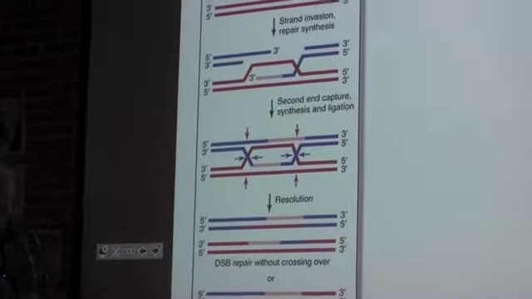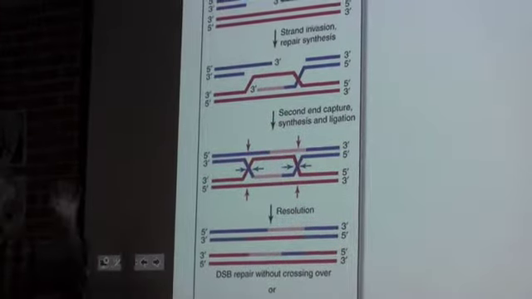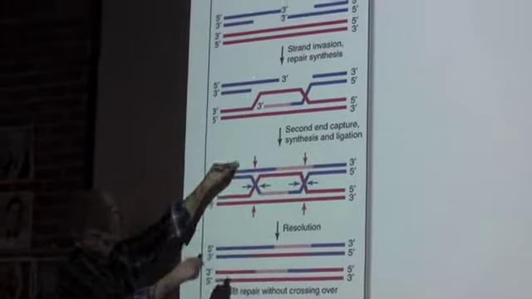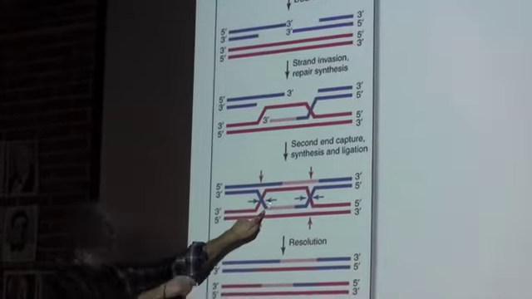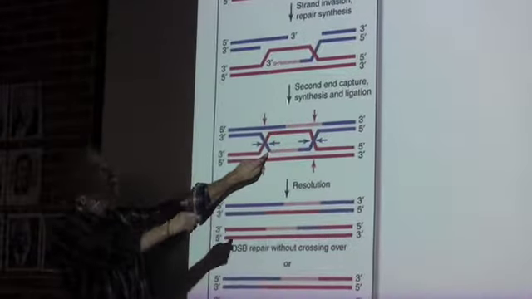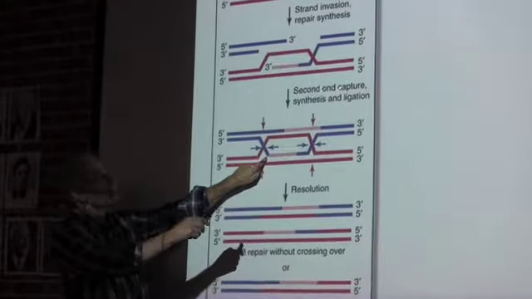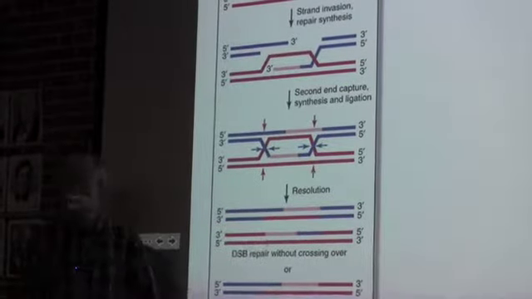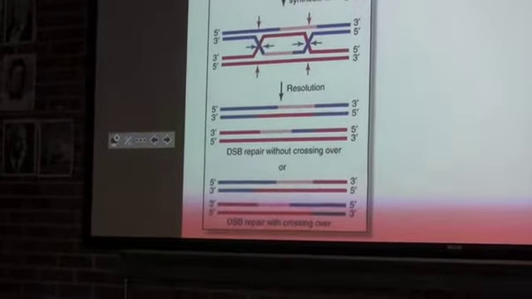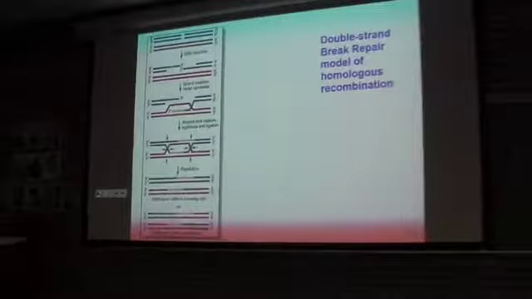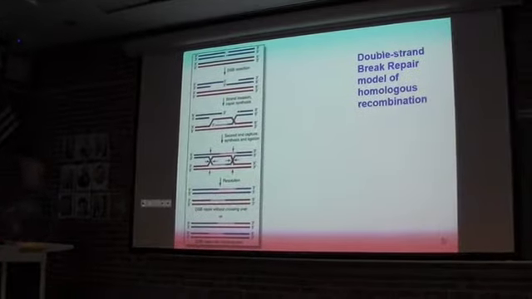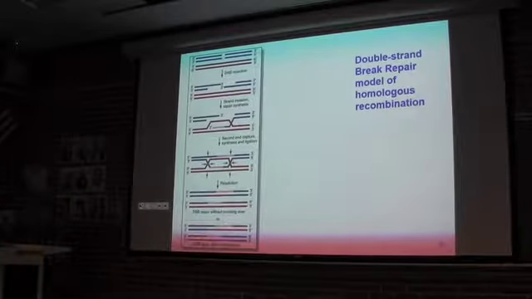That's a specific phrase. That is not in all the other pathways. It's a capture of a 5' end. It's not used as a primer, but it's just attached through ligation to what was previously extended here. Second end capture, and then you have resolution. Two possible outcomes. Double strand break repair. The rest can be understood in terms of this, whether they complete it or not, and how they actually differ